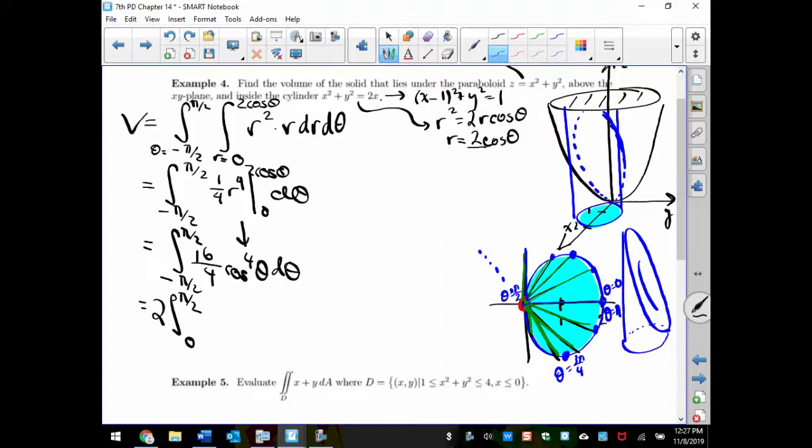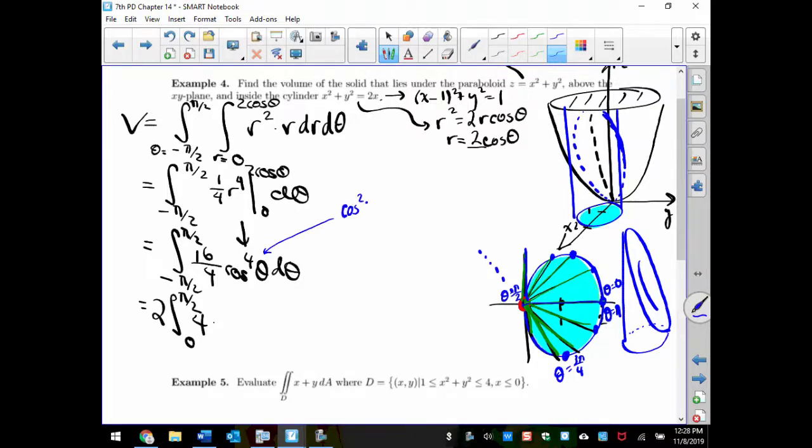If you cut this in half this way, then you have a symmetrical region, which means that we can only look at half of it and double it. It just saves on the evaluation portion. We have 4 times. Now let's simplify cosine to the 4th. Remember, we have from before